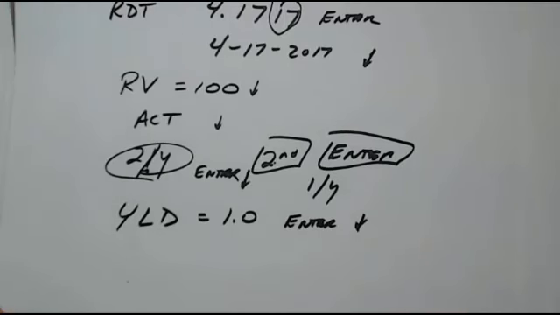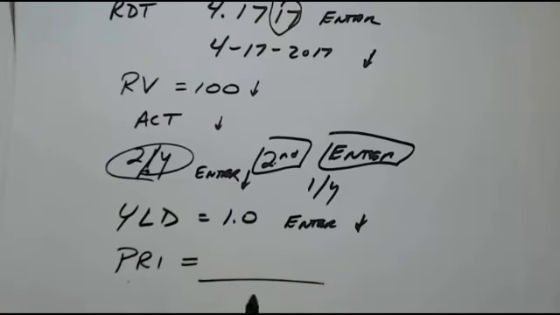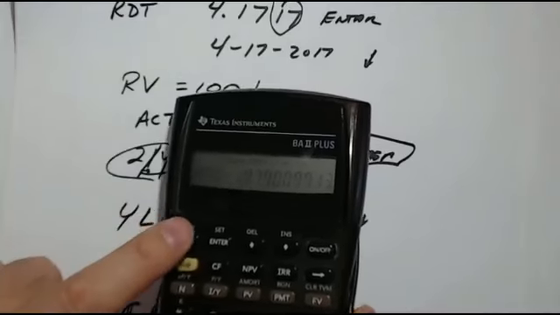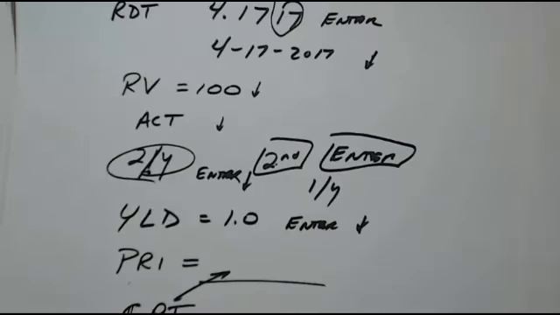Down arrow. And then what'll pop up is PRI equals. And it may give you a number there, but that number is not the right number yet. What you need to do is hit compute. So hit compute, that's in the corner here. You hit compute, and your screen will go blank for a second, and what'll pop up is